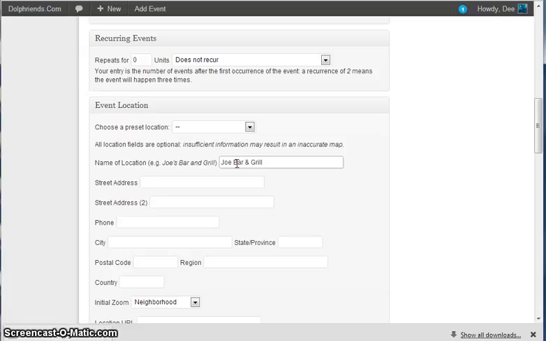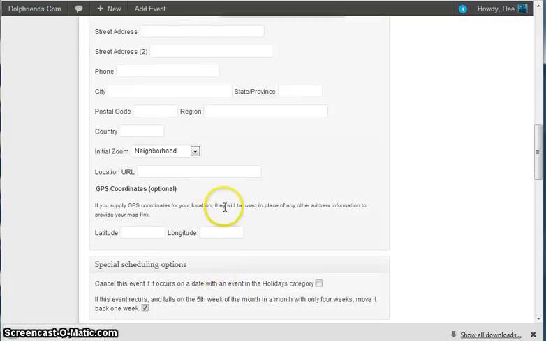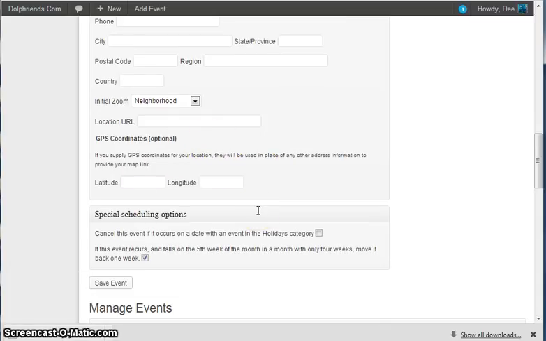Let's say that's where you want to see the end of the world. You can fill in as much of the address information as you want. It really is helpful if you put in at least a full address, if there is one, and a zip code, because that way people can get a Google map to where it's located. Leave initial zoom set. You can put in the GPS coordinates, making it even easier for people to find it